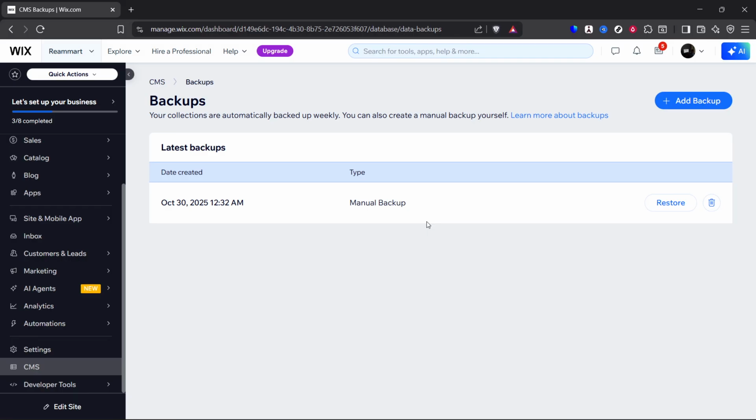And that's it. You've successfully learned how to back up your Wix website. By following these steps, you've taken a crucial step in managing your online presence efficiently. Regularly backing up your website ensures that you won't lose valuable content and configurations, providing peace of mind in your digital endeavors. Remember, keeping your data secure is fundamental, and now you know